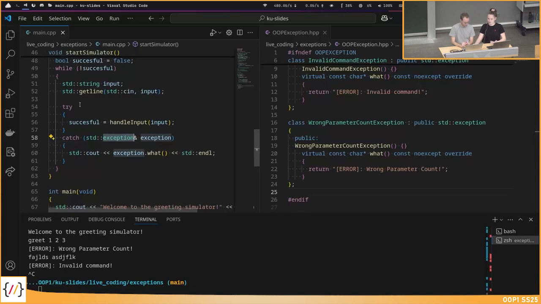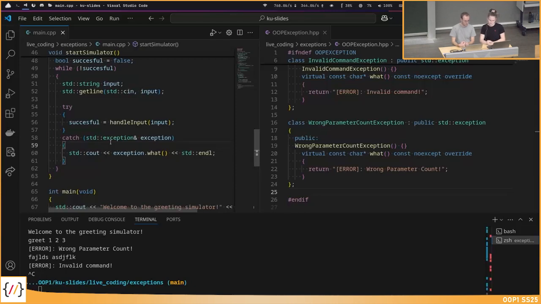And because we just want to continue after an unsuccessful input. But if we have a bad alloc exception, we need to exit out of the program, and this would not happen because here with this STD exception we catch all errors, but we only want to catch the errors that are relevant right now.